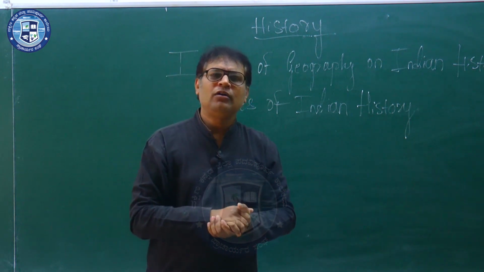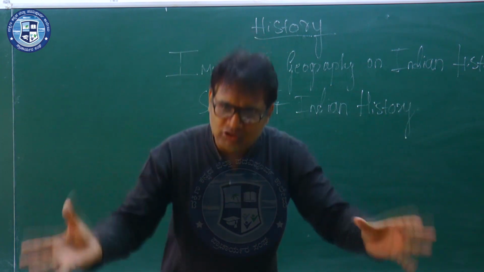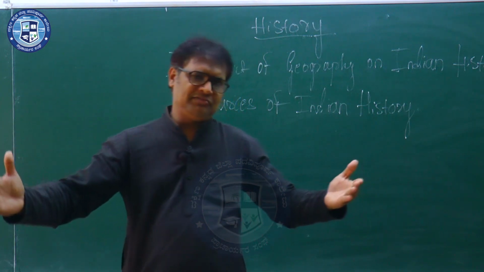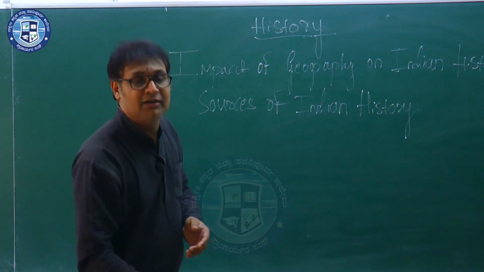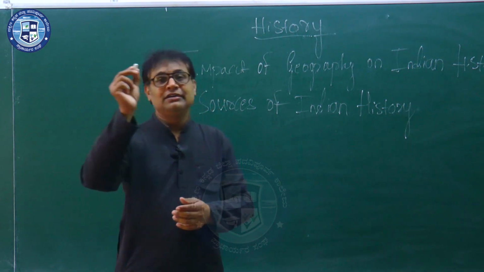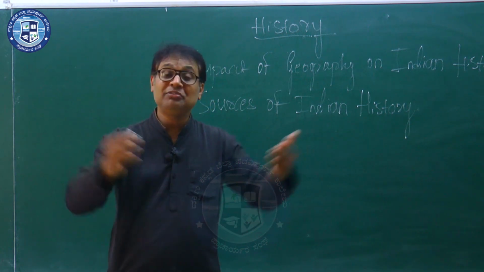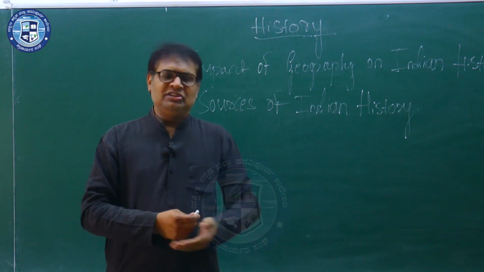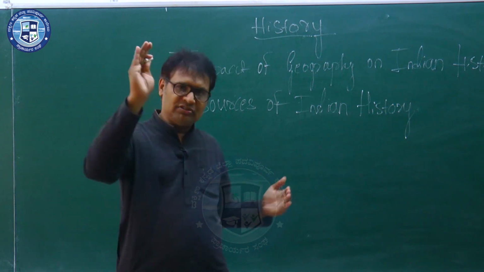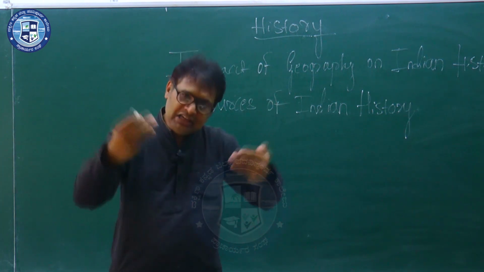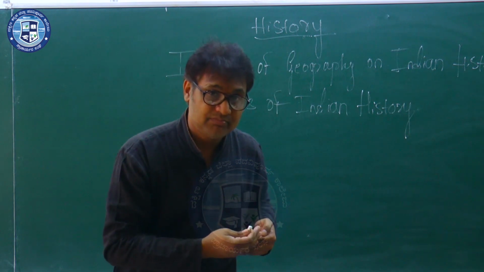So we have different names for our country in different chronological times. There are many names such as Bharata, Bharatakanda, Bharatavarsha, Hindustana, Jambudvipa, India. See, several names. There are reasons behind all these names. Of course, there should be some reason behind everything. Here also we have reasons behind all these names. For example,